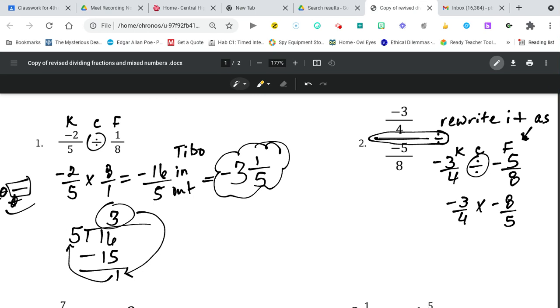I don't put the negative with the 5. I just keep it in the top. And then a negative times a negative leaves me with a positive. So that'll be a positive